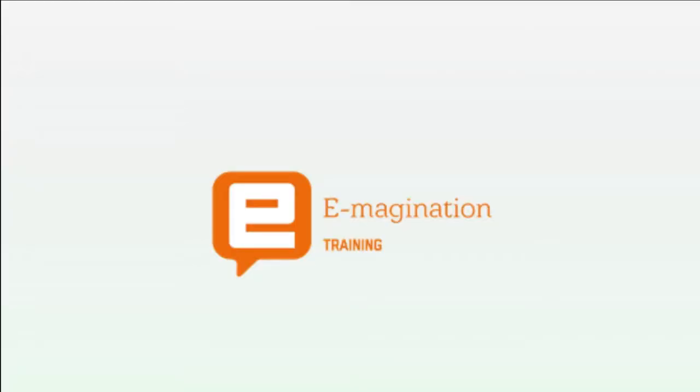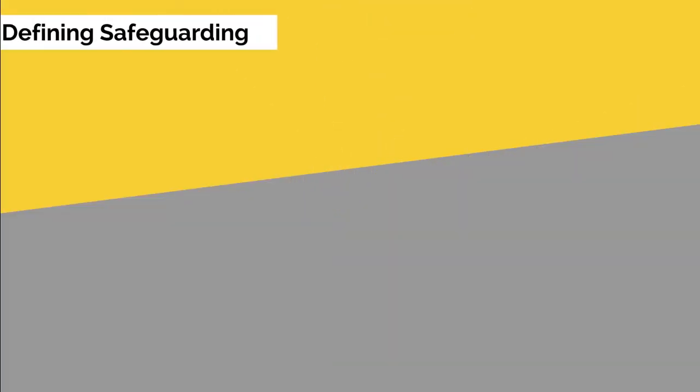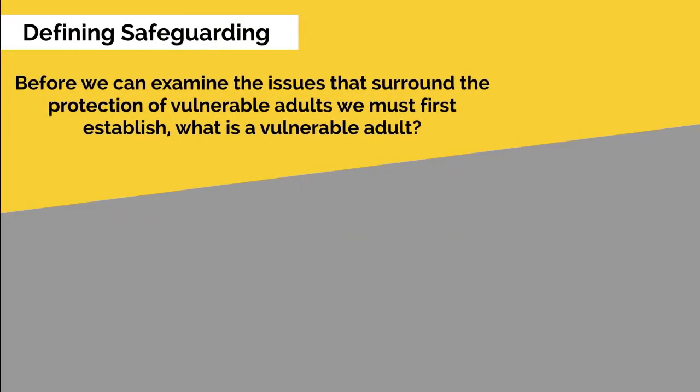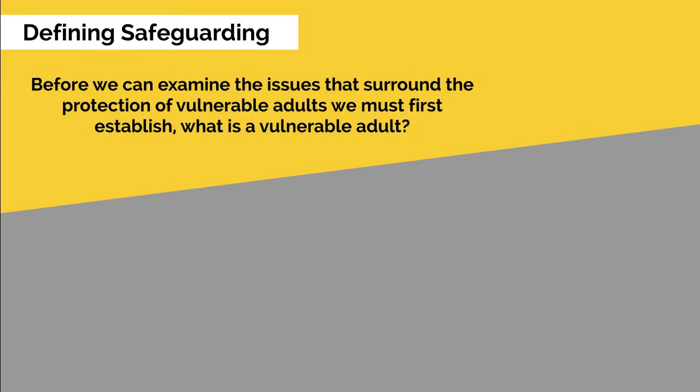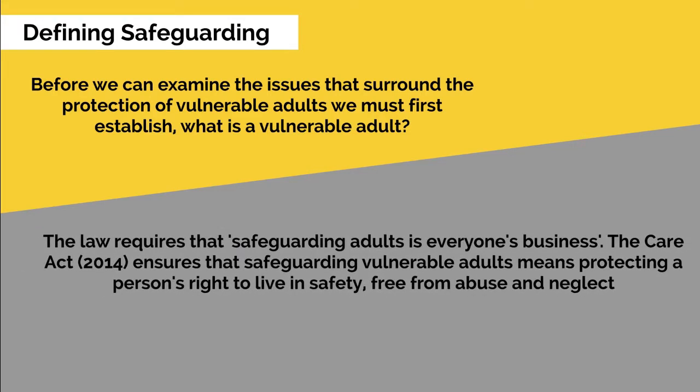It is important that we look at what is defining safeguarding. Before we can examine the issues that surround the protection of vulnerable adults, we must first establish what is a vulnerable adult. The law requires that safeguarding adults is everyone's business. The Care Act 2014 ensures that safeguarding vulnerable adults means protecting a person's right to live in safety, free from